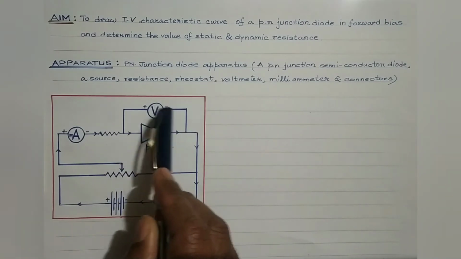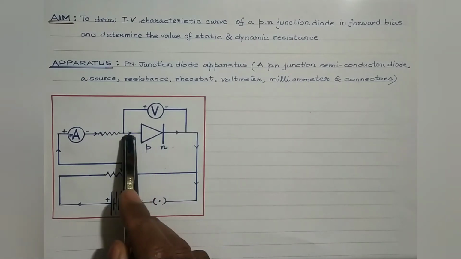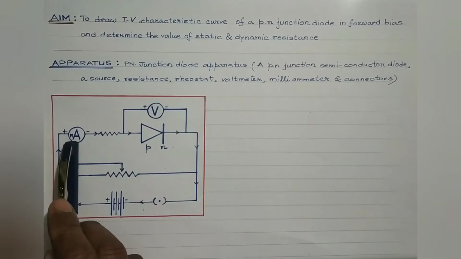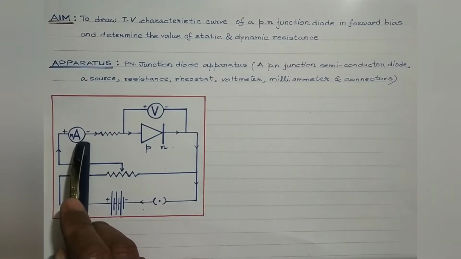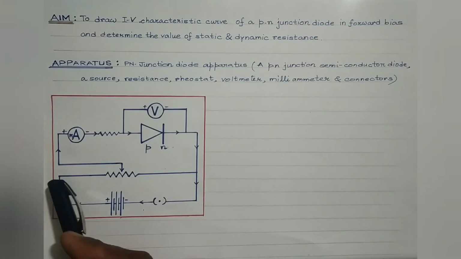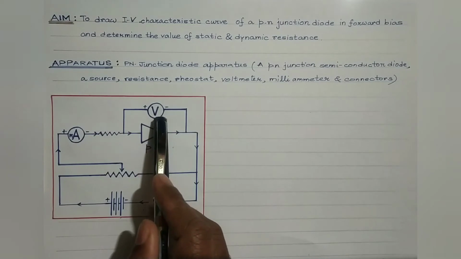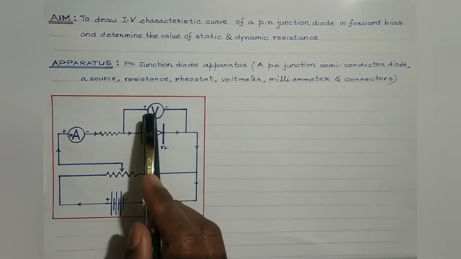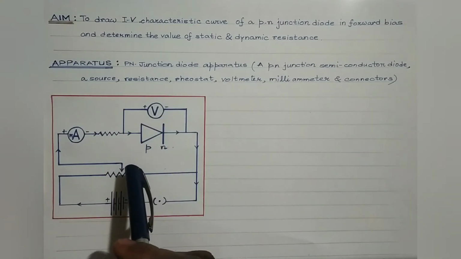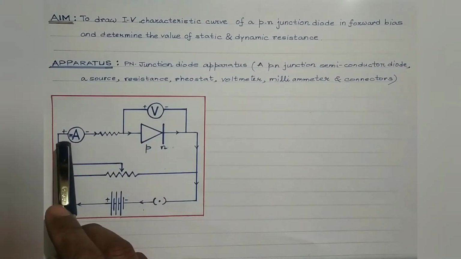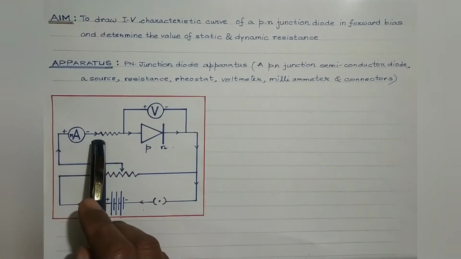And this is the voltmeter, which is to be connected across the diode, and this is the milliamp meter, which is to be connected in series. The point to be noted over here is that during forward biasing, the range of the voltmeter should be from 0 to 1 volt. On the other hand, we will have to make use of a milliamp meter so as to